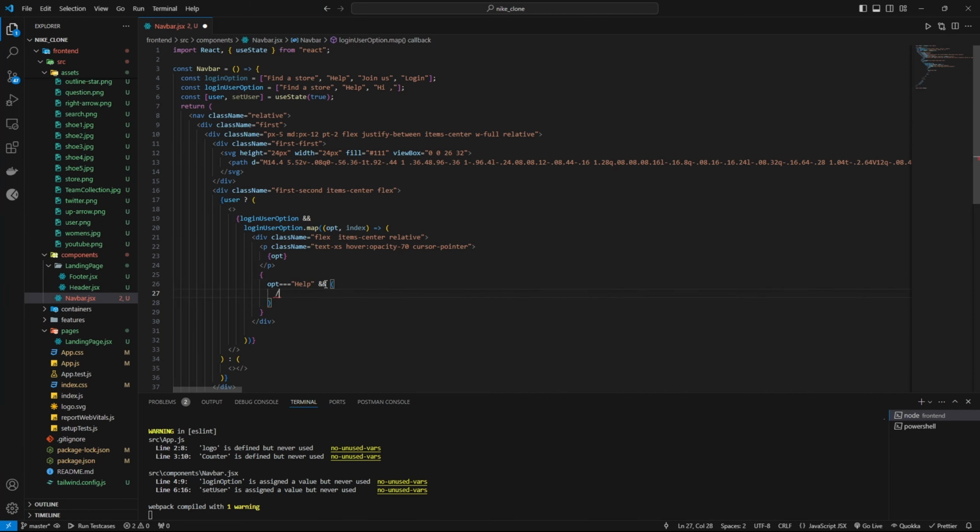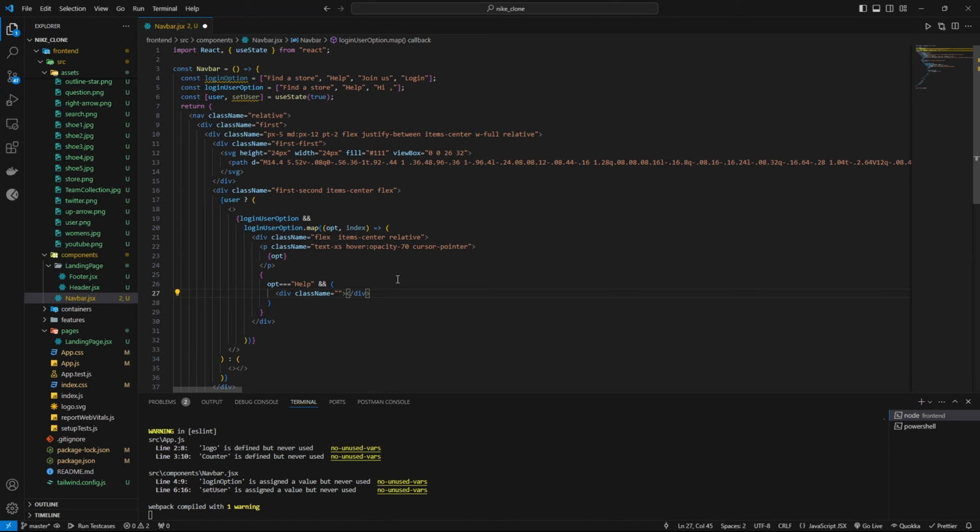So here, if the mouse is there, then we are going to show something like the helping options. So for now, if option equal to help, like if this one is equal to help,